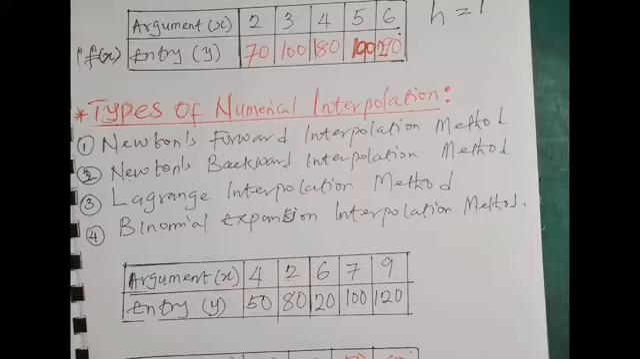Okay, you can only employ the Lagrange interpolation method. So that is the first thing to consider: the consistency or the inconsistency of the interval. That tells you whether you're using Newton's method or the Lagrange interpolation method. Okay, the second thing to consider